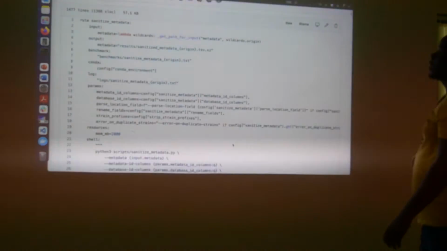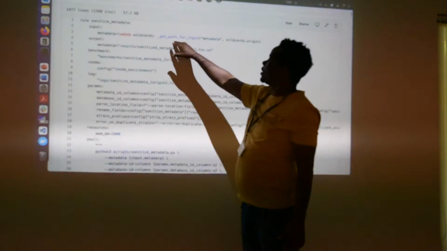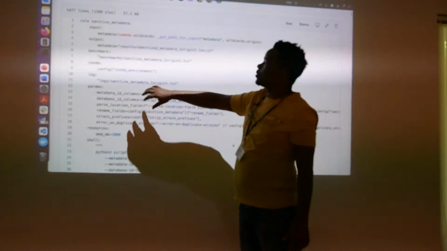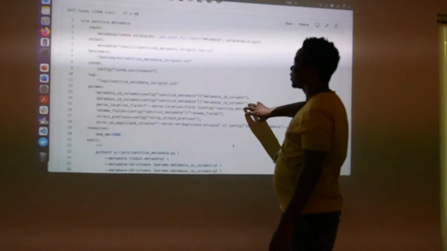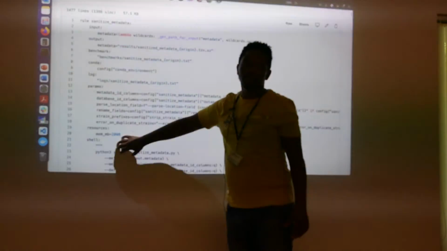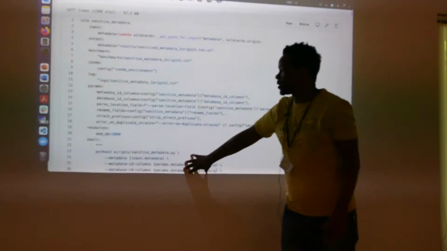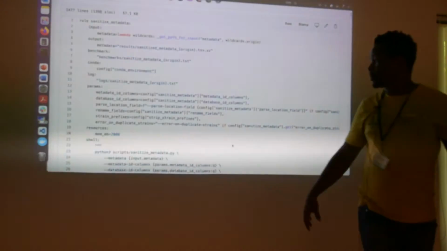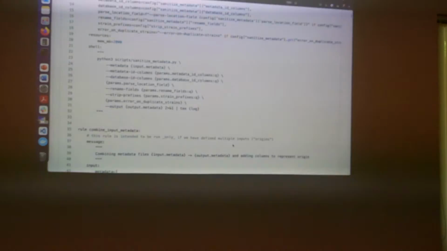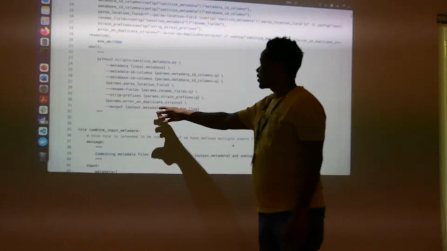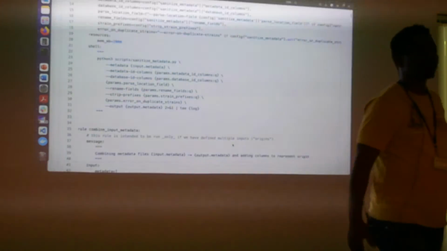How they download data from GISAID, sanitize, making quite a lot of use of Python functions, running their benchmarks, specifying the conda environment, the logs, the parameters, and the params are all in the config files, specifying your memory limit, and the shell command, which is a script called sanitize metadata that takes in your metadata, the columns as input, the database, and the fields that they are going to rename from the defaults in GISAID, strip the prefixes that are not necessary, and write your output metadata. Okay,